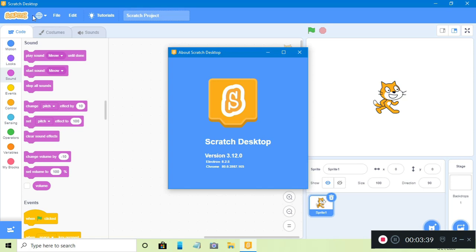When I click here, a dialog box appears on the screen telling me the version of Scratch. So I have Scratch 3.12.0. Okay, this is the version.